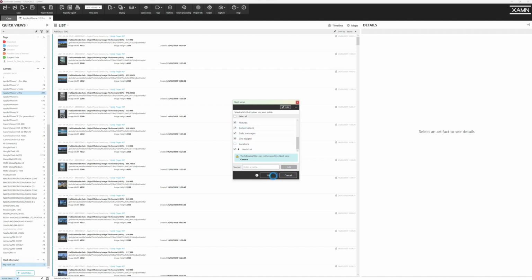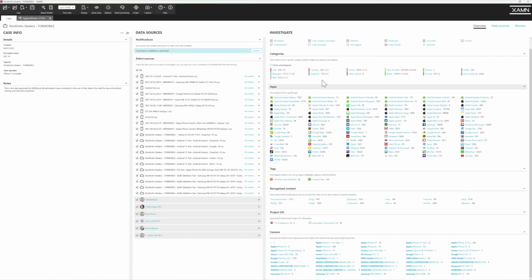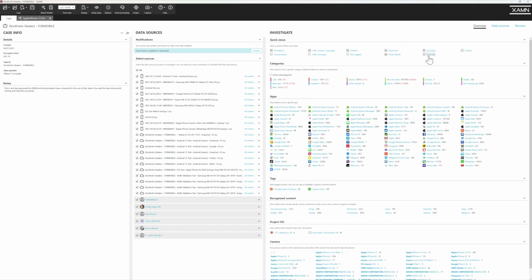Click add. Then when we press OK, it's available as an automated list that we can just apply directly from the main case page. We hope that you can see the power of using this